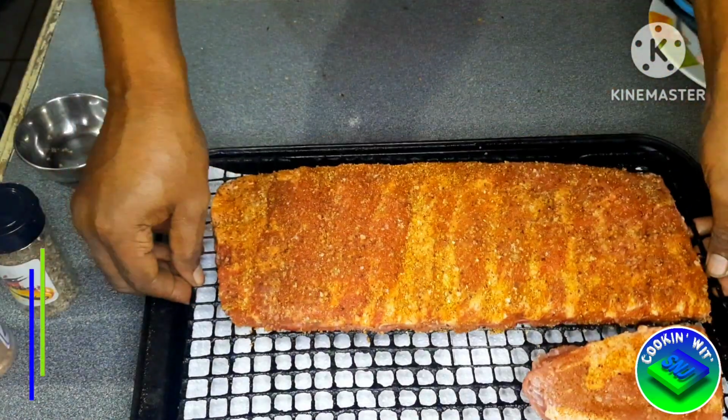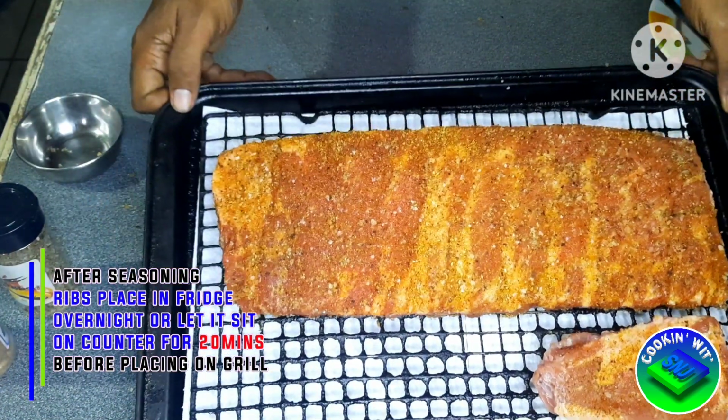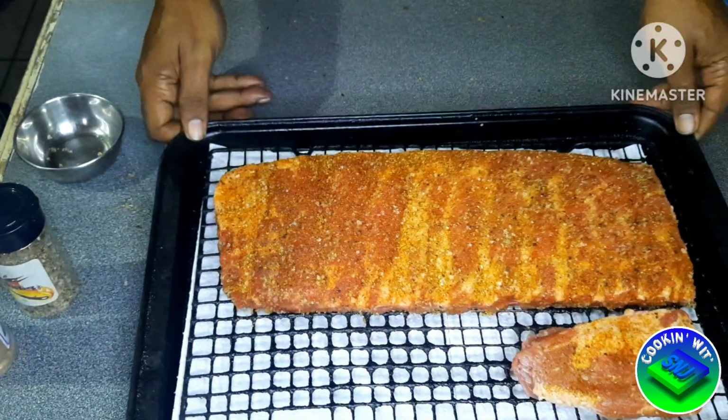Here I have our seasoned rack of ribs on a wire rack. I'm going to let this sit in the fridge overnight, and in the meanwhile,